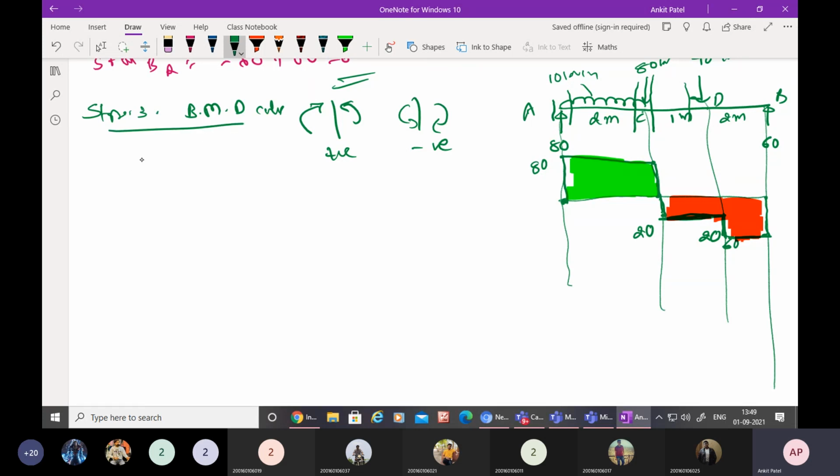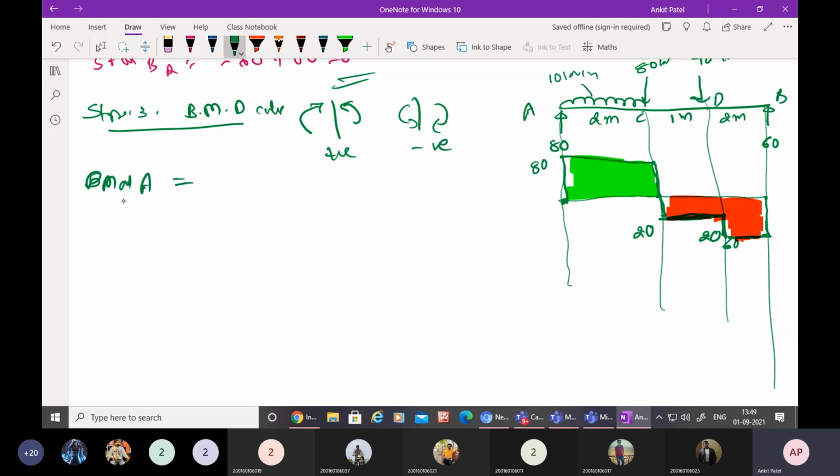In this also I have given you one piece of advice: whenever an internal moment is there, like in shear force, you need to calculate from the left hand side as well as the right hand side of this section. Clear? Now over here there is no internal moment, so I need not do left and right sides of that particular section. So let's start with the bending moment at point A.